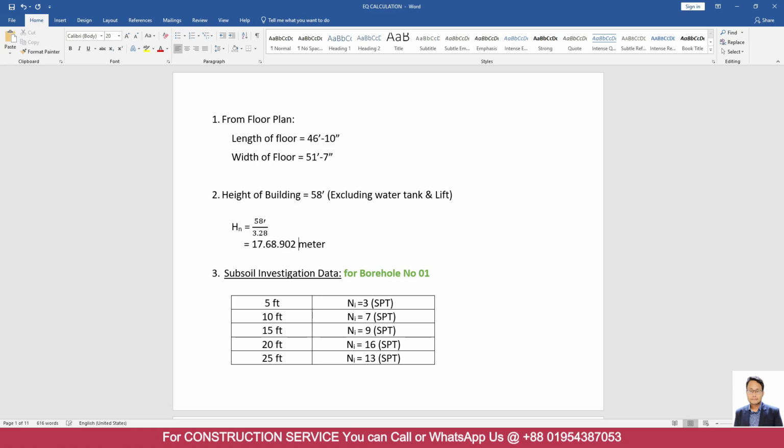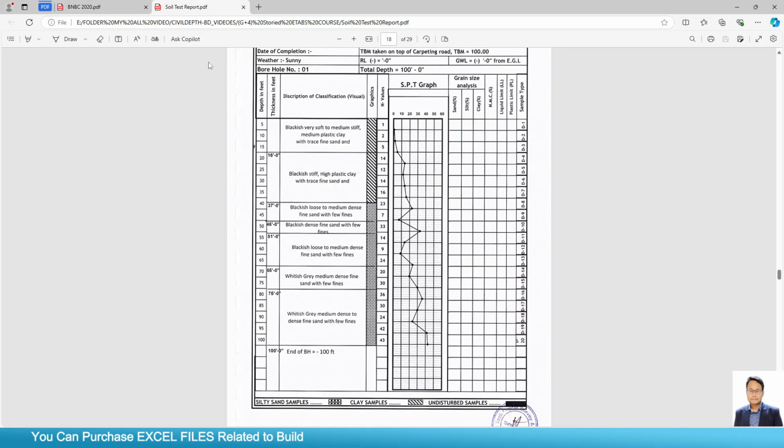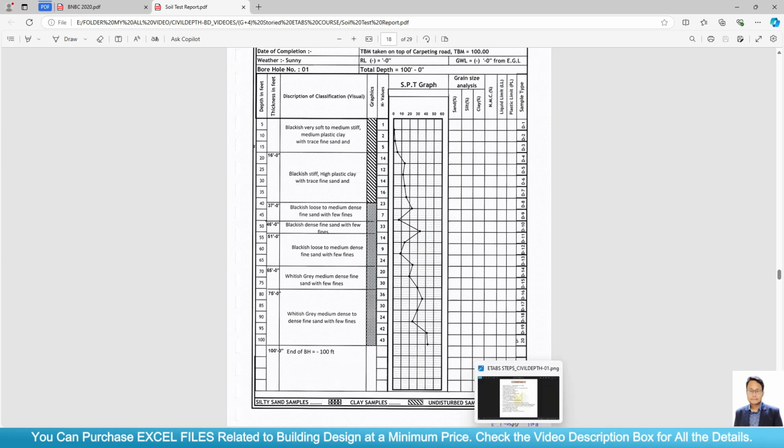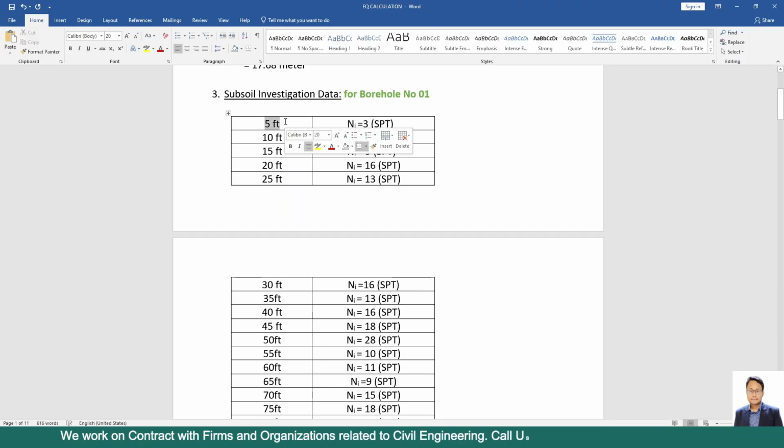17.68 meter. Now we have to input subsoil investigation data in this chart here. Suppose this is a demo of soil test report. Suppose for each 5 feet interval you have the N value from the soil test report. Here in 5 feet the N value is 1, for 10 feet N value is 2, for 15 feet 5. Suppose we have prepared a soil test data. At 5 feet N value is 3, at 10 feet N value is 7, for 15 feet 9, for 25